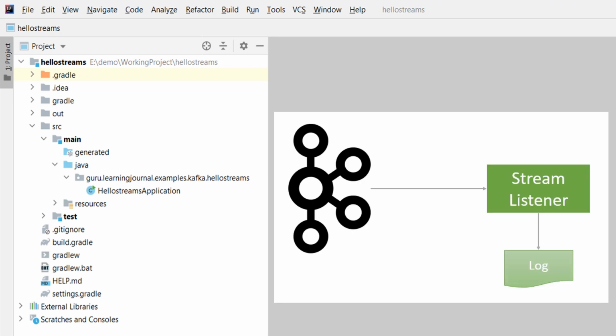I'm going to create a simple stream listener. The listener is a Kafka message consumer who will listen to a Kafka topic, read all incoming messages, and log it. That's all. It is the first example, and the main objective of this example is to help you understand the high-level structure of a Spring Cloud Kafka Streams application. You might not understand everything at this stage, but nothing to worry about. I'll elaborate on everything in the coming videos. In this video, let's focus on the high-level structure.